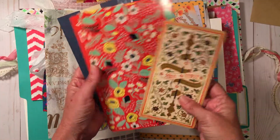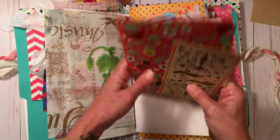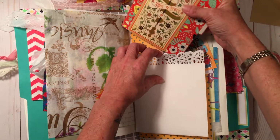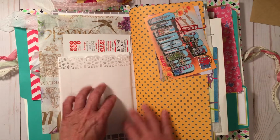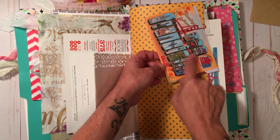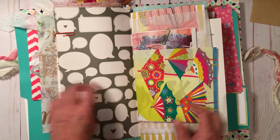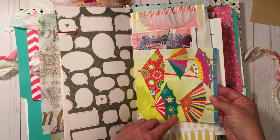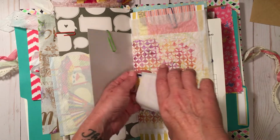Because I will definitely use all of this just in different ways. That I'm putting aside because I can use it in my Faux. So super, I'll put that in later. Super cute. Some postcards from where she's from out in Cali. Scrapbook paper. More napkins. That's super cute. More papers. Oh, in here was a bunch of